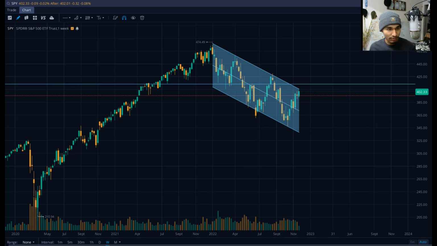Well, if you aren't familiar with stocks, this is pretty much what you would call a downtrend. So what is a downtrend? In technical terms, a downtrend consists of lower highs. So this is the ultimate peak high that we had, and then we have lower highs: a lower high here, then another, and potentially another right here. And then it also consists of lower lows. So we have a lower low right here, lower low here, lower low here, and the lowest low that we've seen so far.